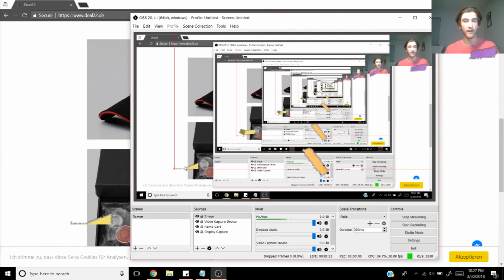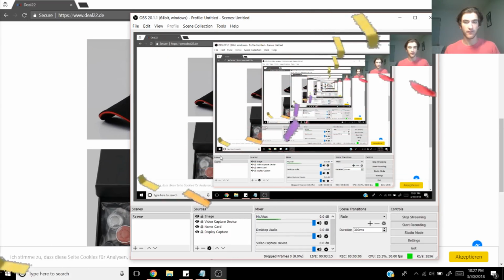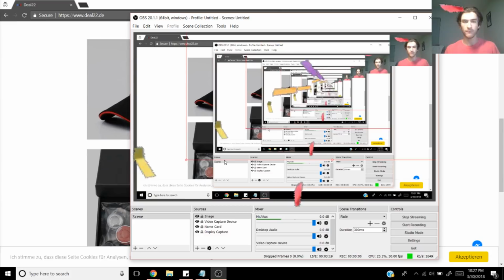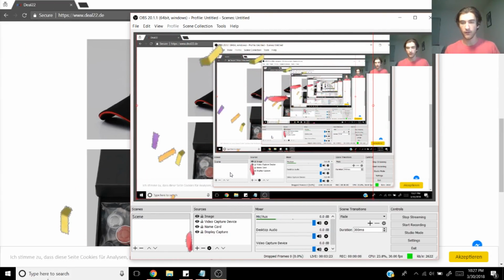Confetti's still kind of big. Yeah, how's my stream look, guys? Is it good? Is it lagging? Can you see everything fine? I really hope so. I think I fixed it.